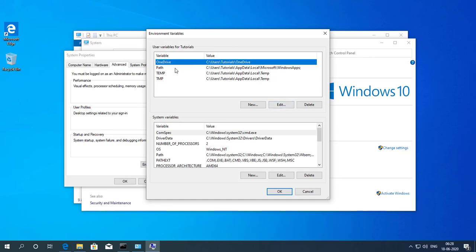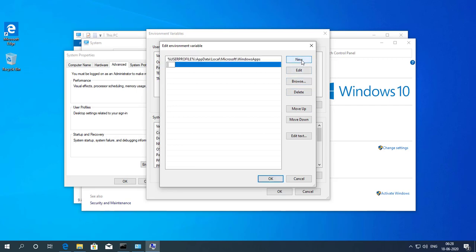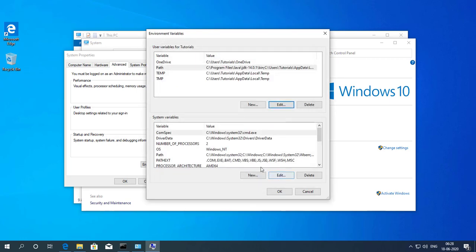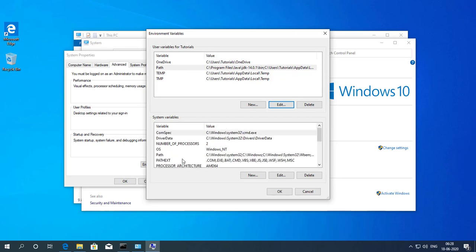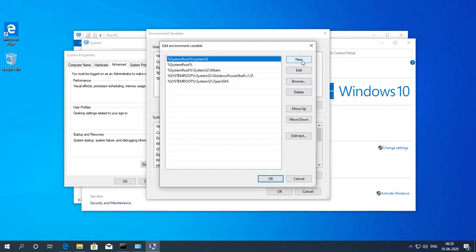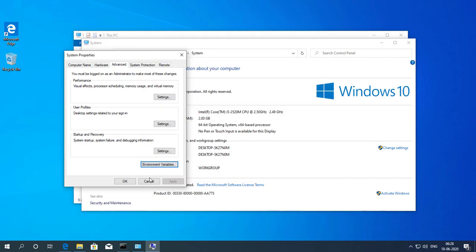Here you can select the path variable, click on edit, click on the new to add the new variable path, and we set it as the first variable, so click on move up and click on OK. Same as in the system variable, I am going to the path variable, click on edit, click on new, paste the path and set it as the first command. I am saving it.